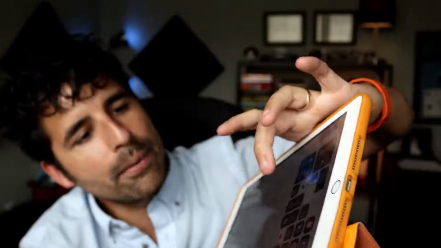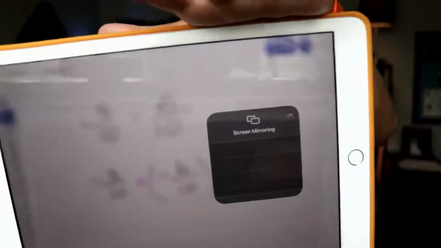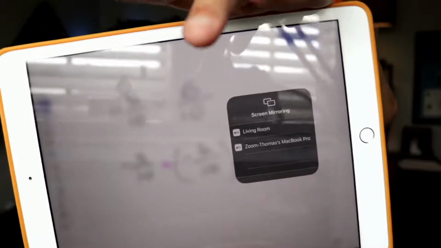There's a little section. Let me make sure you can see where it says screen mirroring. I would tap screen mirroring right there. And then I would look for Zoom, Tom's MacBook Pro, and I would click there. So right now, it is not actually plugged into anything. But now, when I go back to my laptop, you can see I am actually screen sharing my iPad to